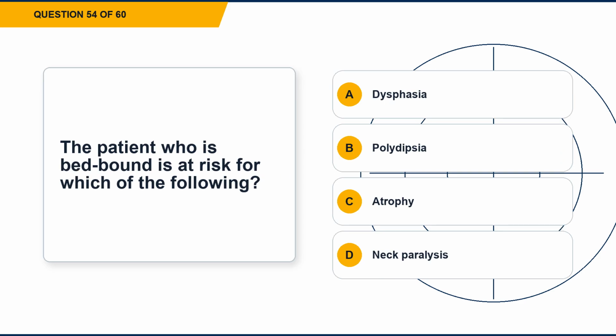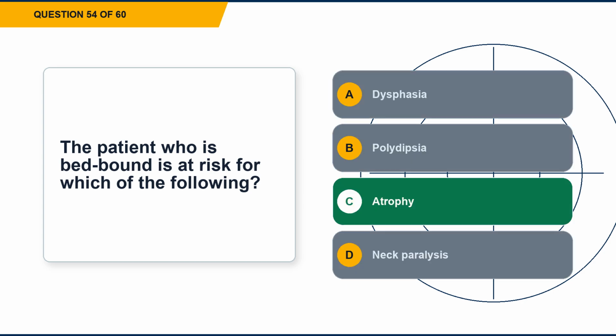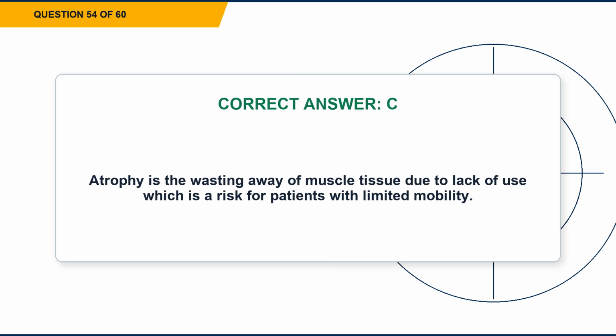Question 54. The patient who is bedbound is at risk for which of the following? Option A, dysphagia. Option B, polydipsia. Option C, atrophy. Option D, neck paralysis. The correct answer is option C, atrophy. Explanation. Atrophy is the wasting away of muscle tissue due to lack of use, which is a risk for patients